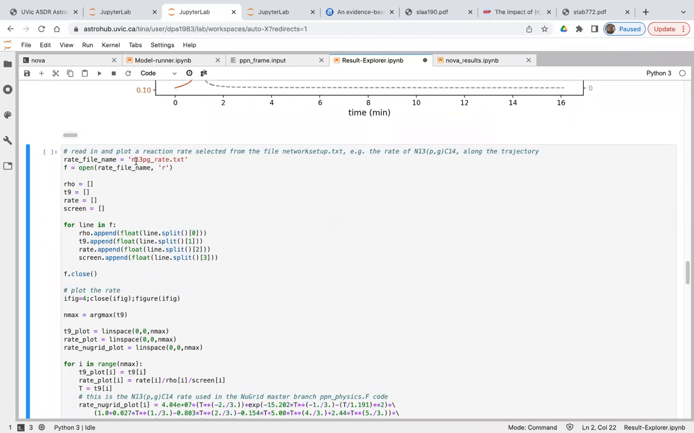Here you can see I'm going to compare the rate for the reaction nitrogen-13 (p,gamma) that was used in these calculations with some other source for the same rate. To do this, first of all,